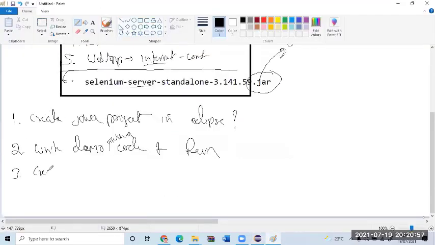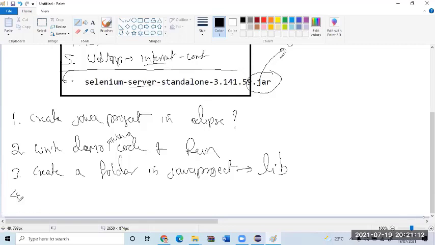So the next step is to create a folder in the Java project with the name LIB. The fourth step is to copy and paste the Selenium jar file into that folder.